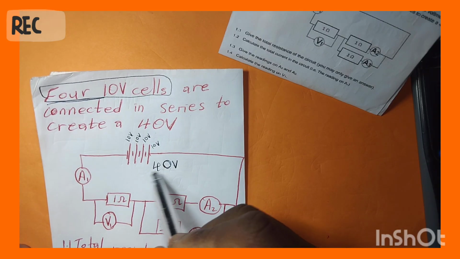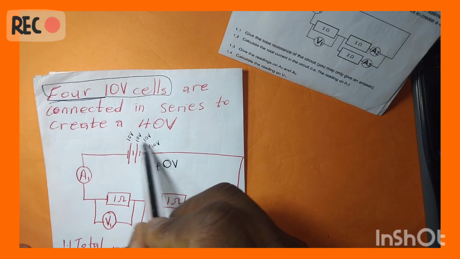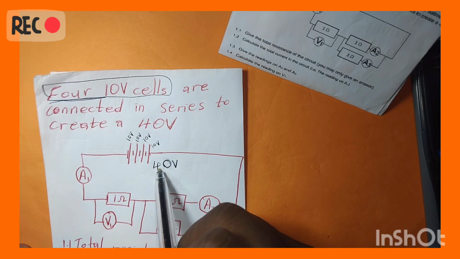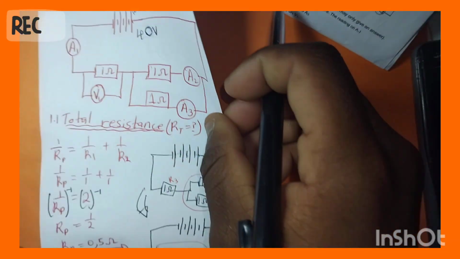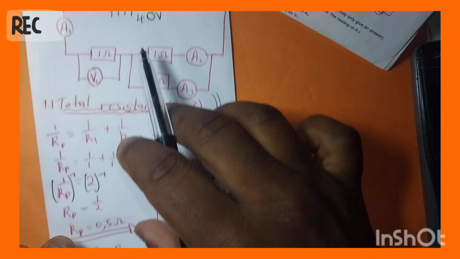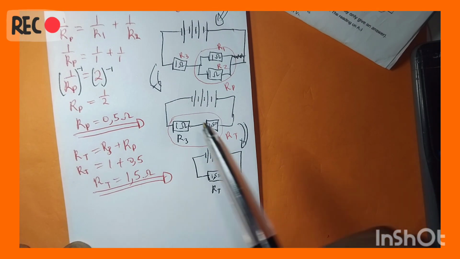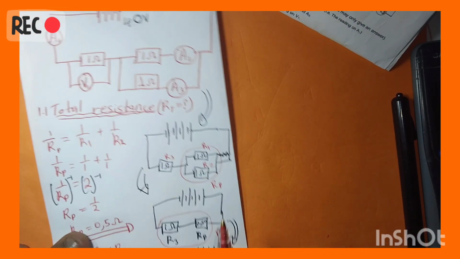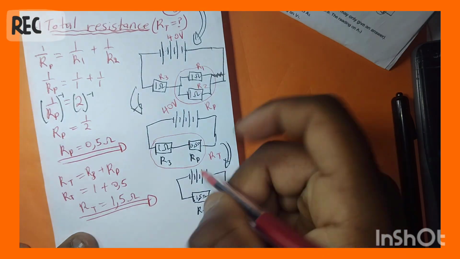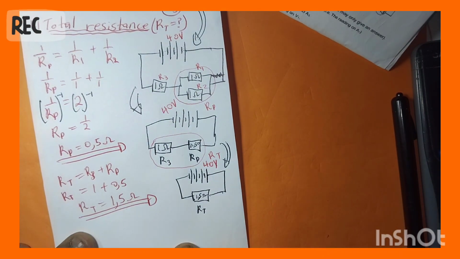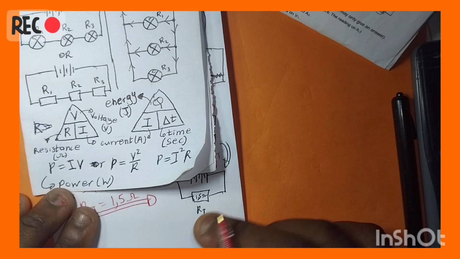It is the combination of each cell. They create 40 volts. So this one is our total voltage. The symbol says that I got the total voltage, and here I already got the total resistance. So let me write that voltage here. This one is 40 volts, as well as here, it's 40 volts. So from this equation, guys, there is this equation that I showed you, which is what you call